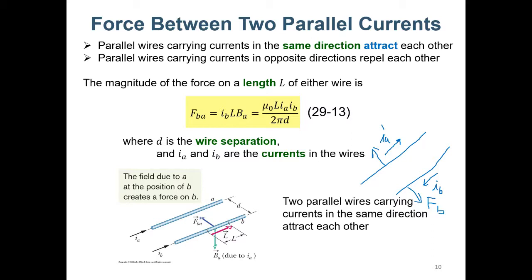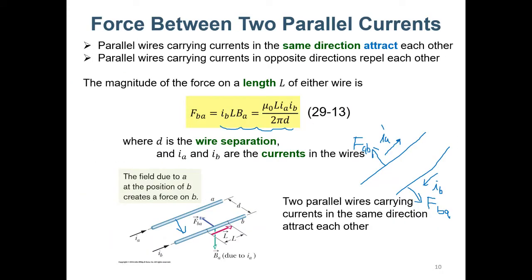FBA and FAB, the magnitudes should be the same and the directions are opposite to each other. And of course, in this one, they are attracting each other. So the magnitude of the force on a length L of either wire is something like this. Why it will be like this is